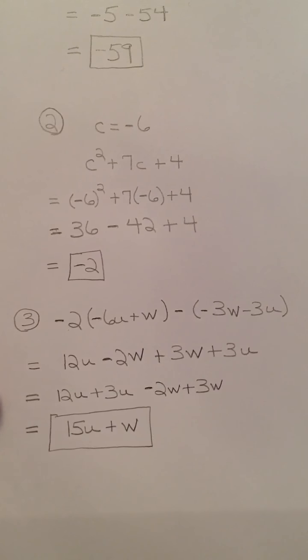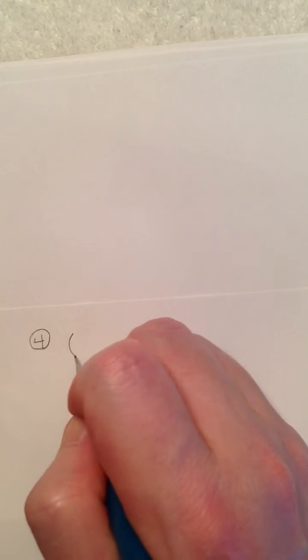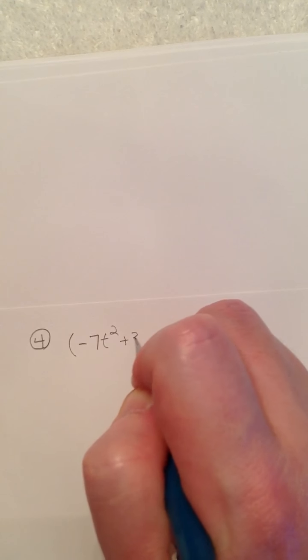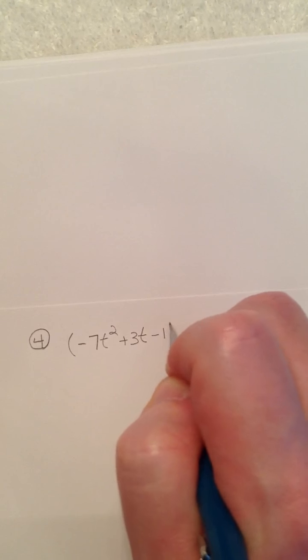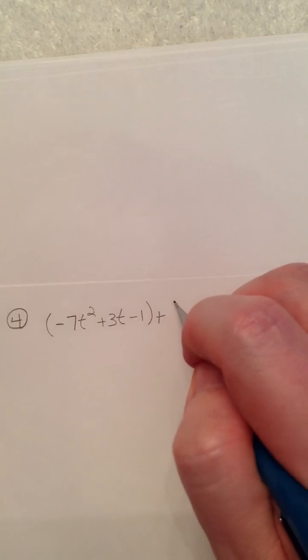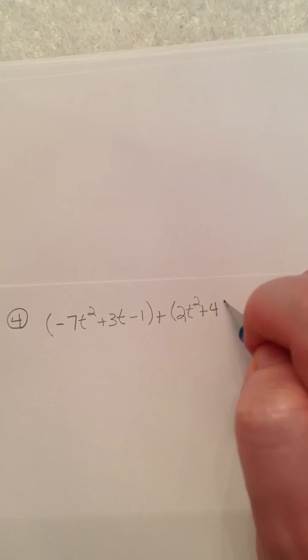Now in the case of problem number 4, this time we are working with the variable t. So in this problem, we have negative 7t squared plus 3t minus 1, and then we have plus the quantity of 2t squared plus 4t